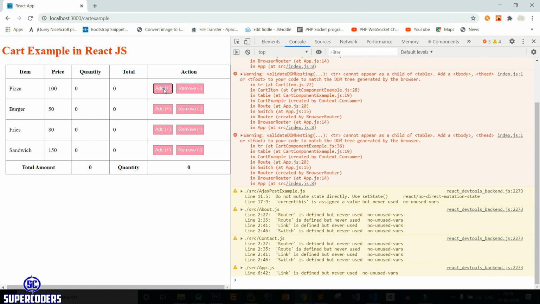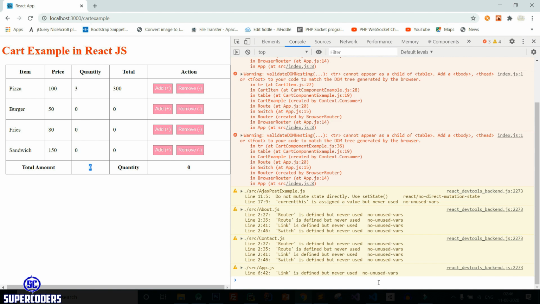But if I click on add, you can see the value here is changing but this value is not updating. So what is the error? Because I am changing my data in local state and this is coming from parent state, so it doesn't get updated. So let's see how we can do this. When we click on update, it will update data in the parent instead of this local state.